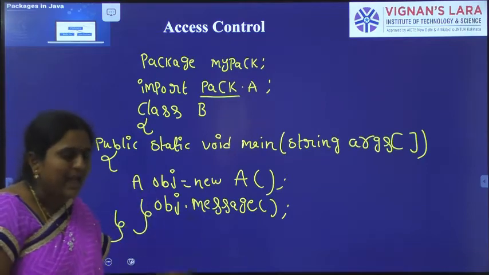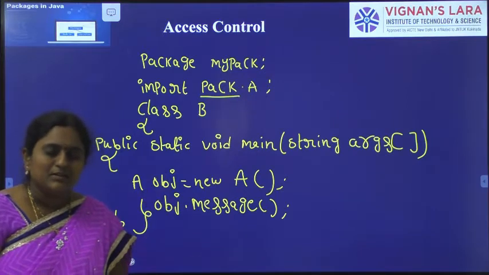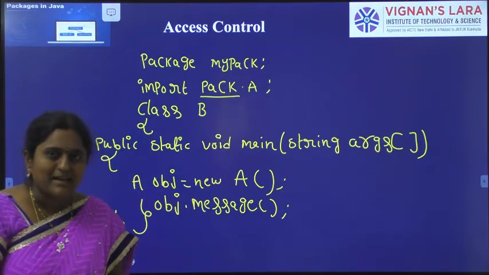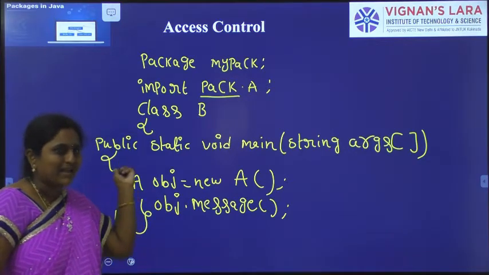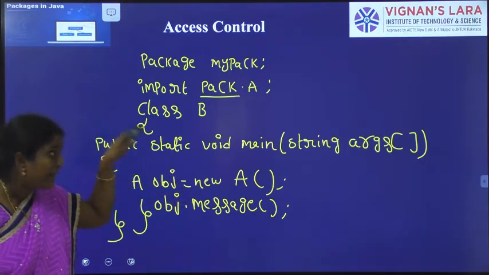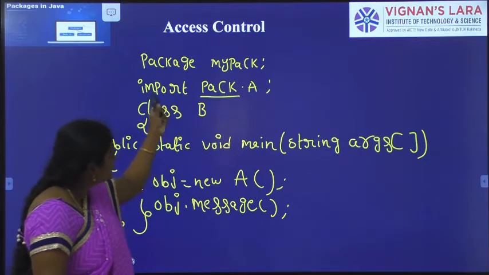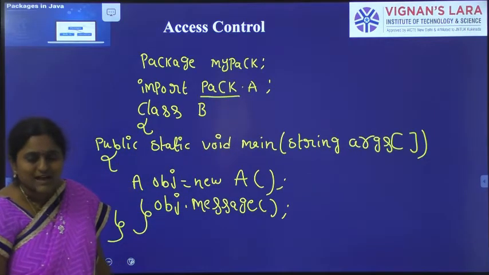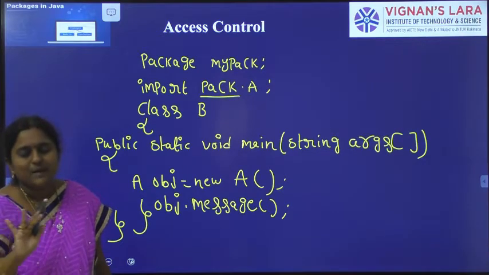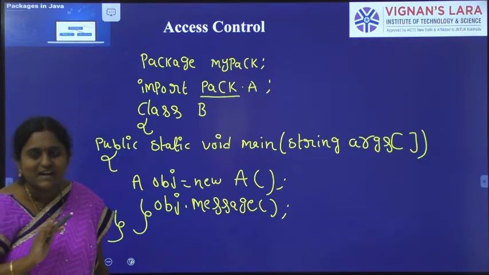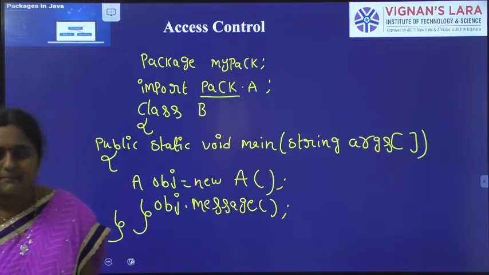So our class, A class, is public, and the A class method, message method, is public: accessible within the class, within the sub package, outside the class and outside the package. A class is already defined in the package, but my program is in an outside package. Outside the package we can easily access it. Here B is an outside class. Outside the class we can access A class easily because it is public. Public means everywhere we can easily access. It is the widest scope among all other modifiers. This is the public access modifier.